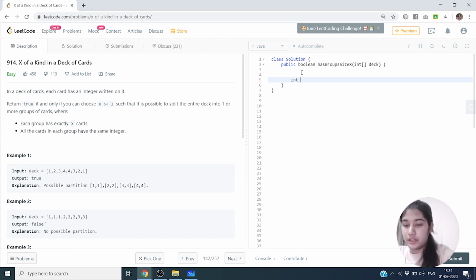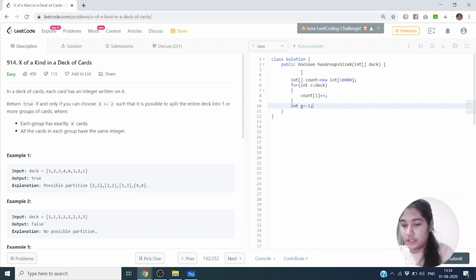Now first we'll initialize an array count with the frequency of each element in the array deck, and we'll use a for each loop. Now what we are doing is finding the GCD of each pair.